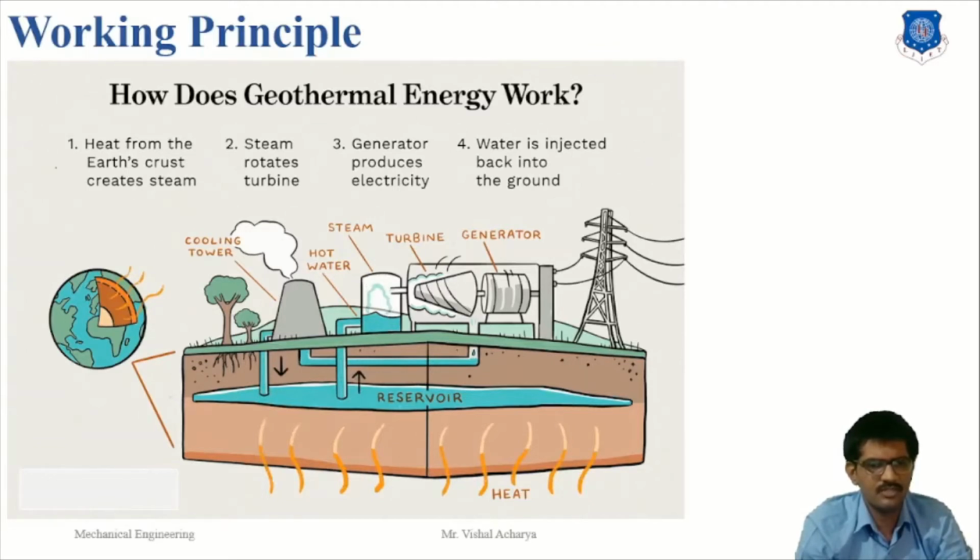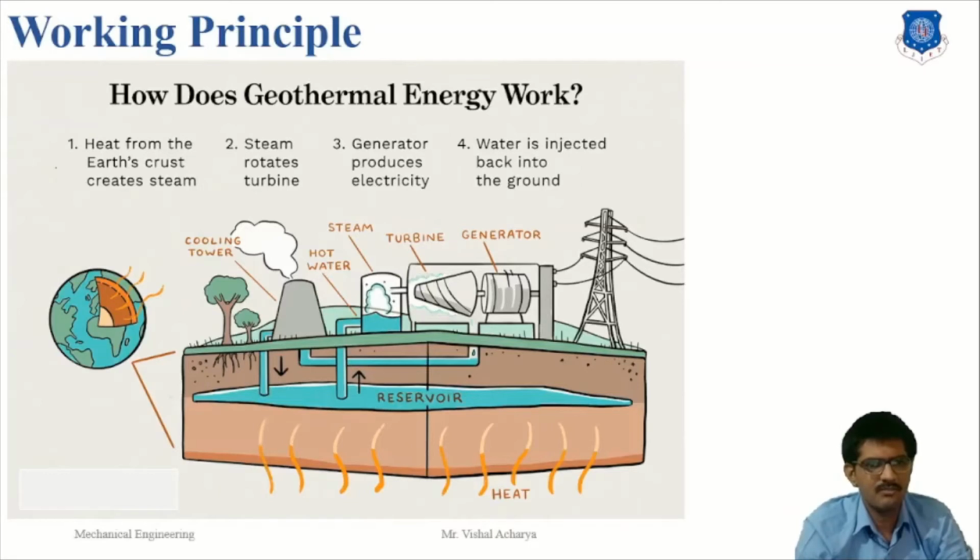The steam produced in the steam separator is allowed to strike the blade of the turbine. As the high pressure steam strikes the blade of the turbine, it starts rotating. The generator coupled with the turbine also rotates and electricity is produced. The low pressure exhaust steam from the turbine is sent to the low pressure turbine, where it is further used to produce electricity, and the exhaust steam then enters the condenser where it gets converted into water. Finally, the water from the steam separator and condenser is collected together and sent back to the ground through the injection well to be reused for power generation.